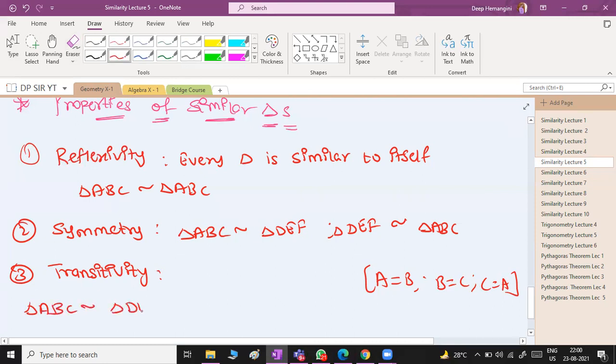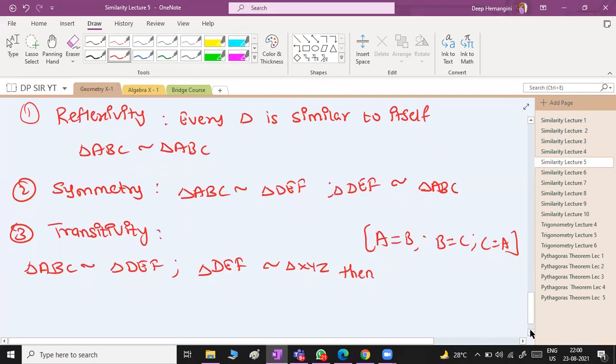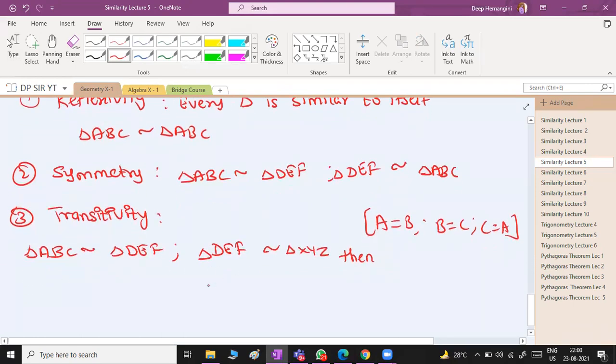similar to triangle DEF, comma triangle DEF is similar to triangle XYZ, then triangle ABC will be similar to triangle XYZ. So this is what it means. So this is the